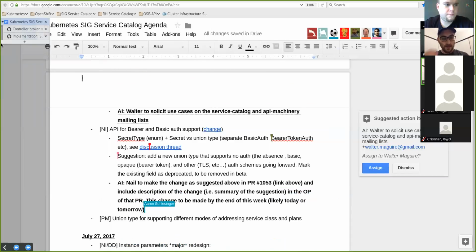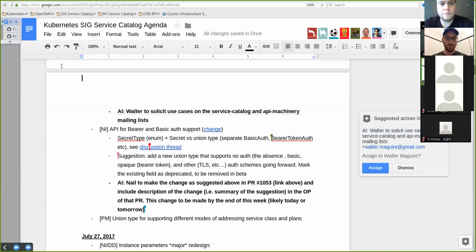Okay. All right, it looks like there's one more here from Paul. This is also about a union type, but for supporting different modes of addressing service classes and plans. So Paul, you want to go ahead? Yeah, sure. So